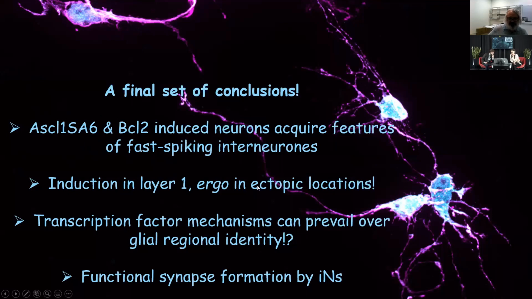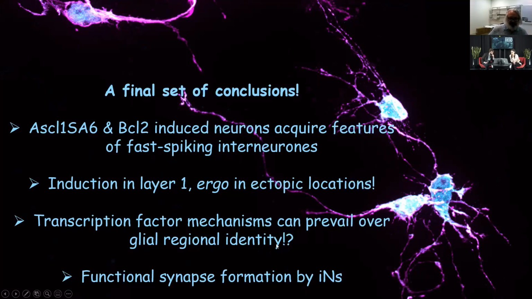We see this even happening in layer 1, so in ectopic locations where you wouldn't find these neurons normally. And that suggests that at least to some degree, transcription factor mechanisms can prevail over the regional identity of the cells. I make a small question mark here because